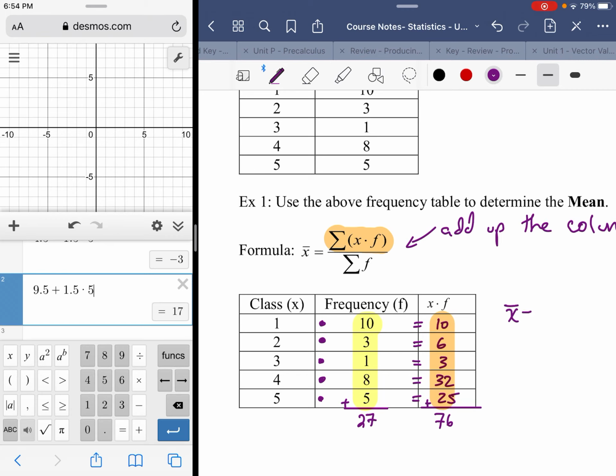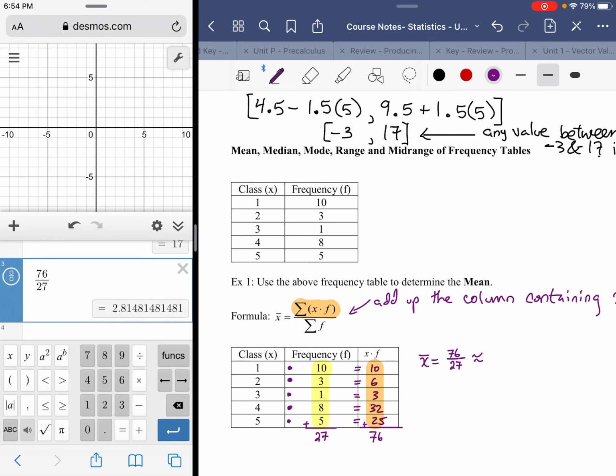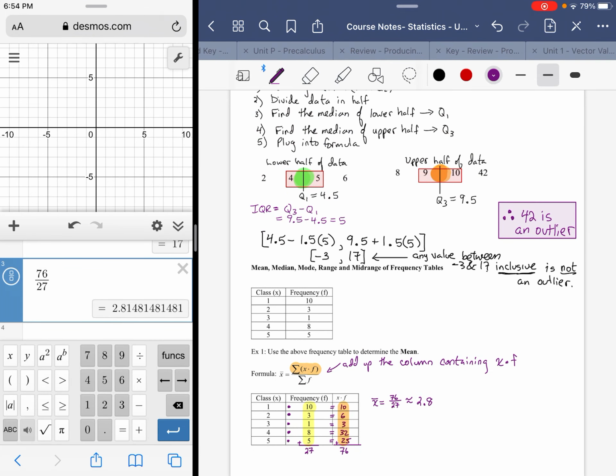So the x bar is just going to be the sum of the x times f column divided by the sum of the f column. And so I would assume we're going to get an approximation there, so let's take a look. 76 divided by 27, about 2.8-ish. And that is page